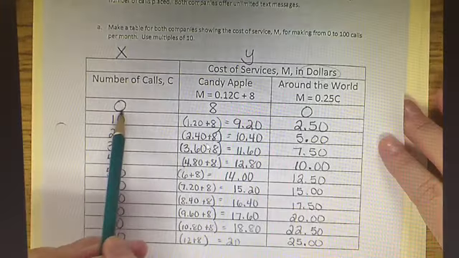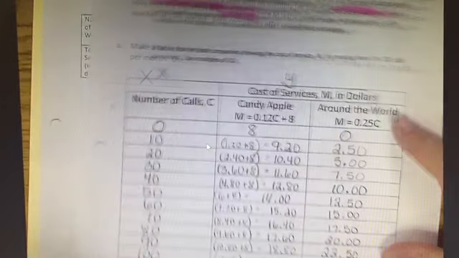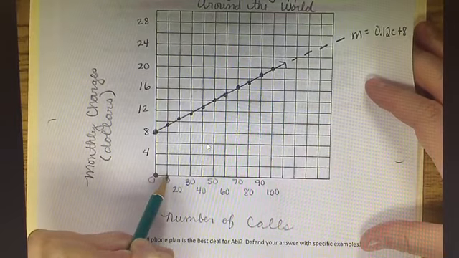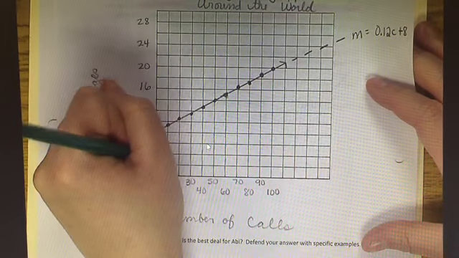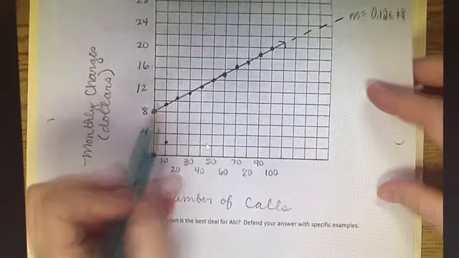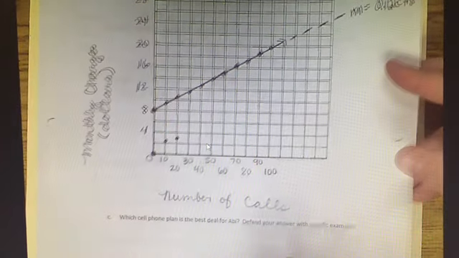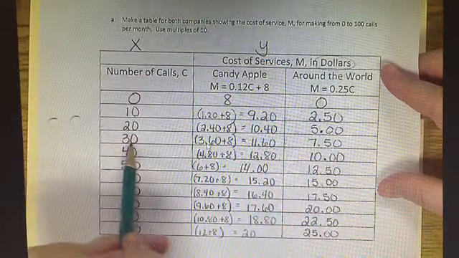Then we're going to do the same thing that we did for around the world. So around the world, the first one is 0, 0. So our first location is 0, 0. Then we have 10, $2.50. So 10, this is 2, so it's going to be around here. And then we have 20 and 5. So 20 and 5. And then we have 30 and